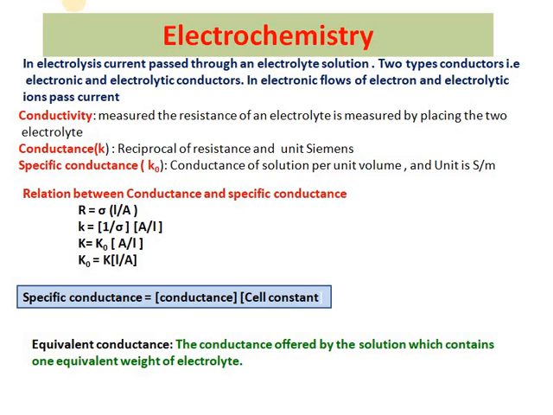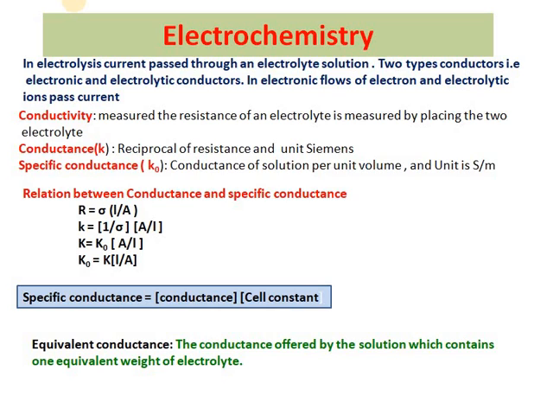This cell consists of a glass tube in which the two electrodes, such as platinized platinum electrodes, can fit. These electrodes fit such that the volume of the solution enclosed between them is about 1 cm cube. Hence,